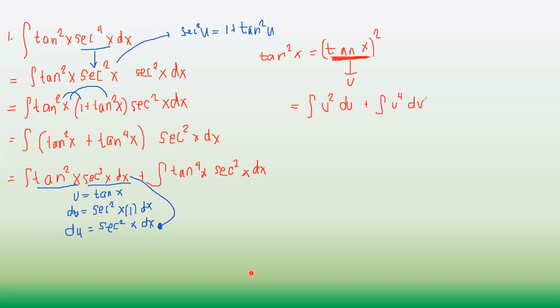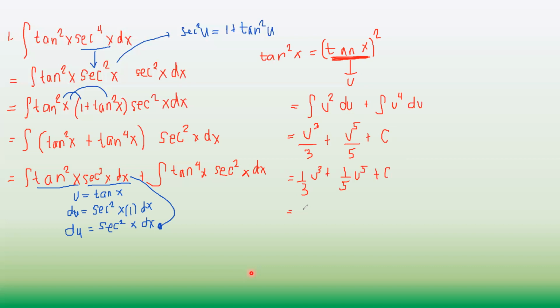So we're going to apply the formula for u raised to n. So the integral of u raised to n is equal to u raised to n plus 1 over n plus 1. And we will have u raised to 2 plus 1 over 2 plus 1 plus u raised to 4 plus 1 over 4 plus 1 plus c, or we will have 1 over 3 of u cubed plus 1 over 5 of u raised to 5 plus c,